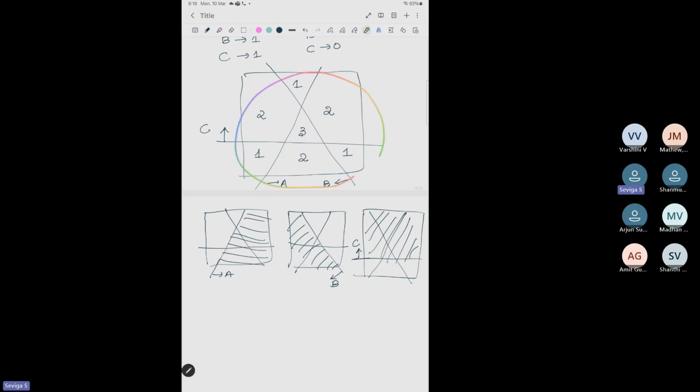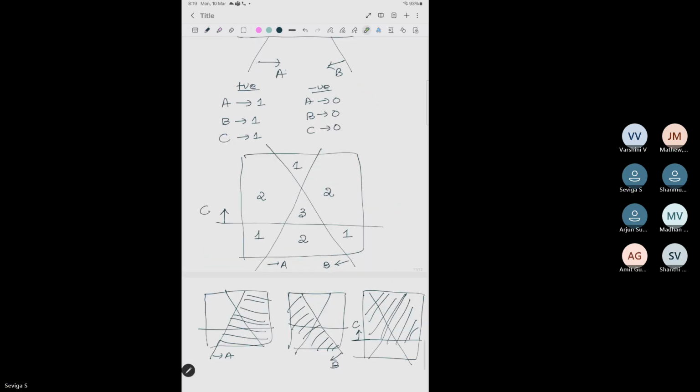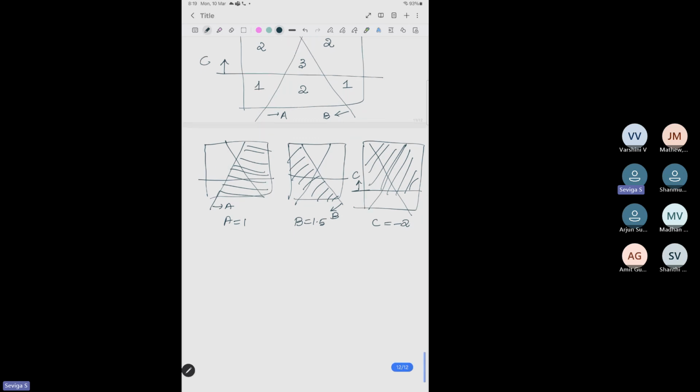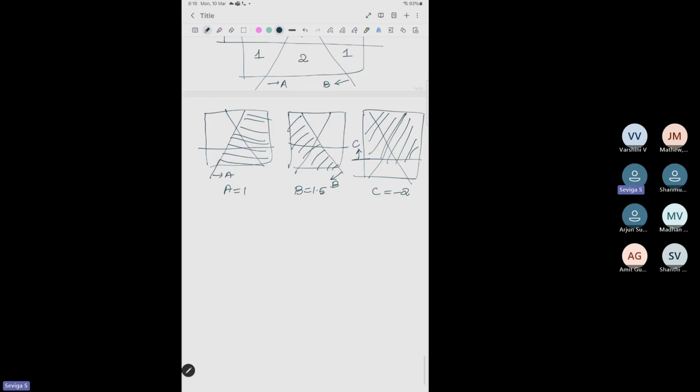Here we have assigned 1 for every positive region and 0 otherwise, equal weights for all positive regions and equal weights for non-positive regions. So here we can assign different values. A can take the value of 1 in the positive region, B can take the value of 1.5 and C can take the value of -2 in the positive region. So now we need to combine all these 3 and then write it. If you combine all these 3,